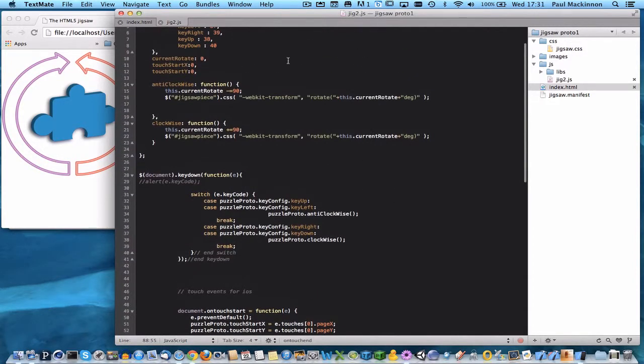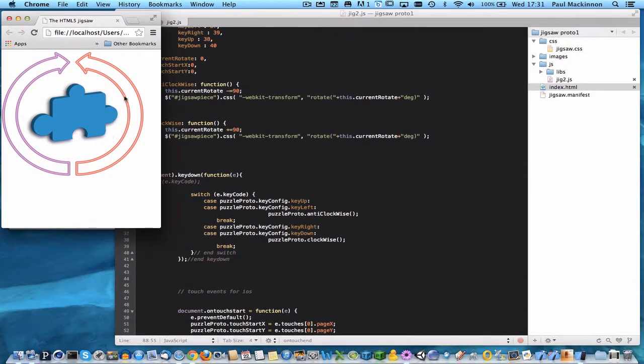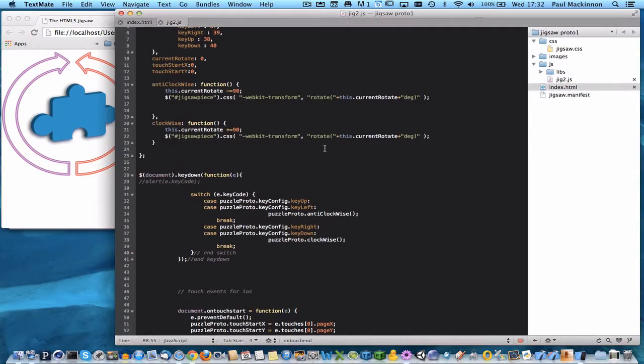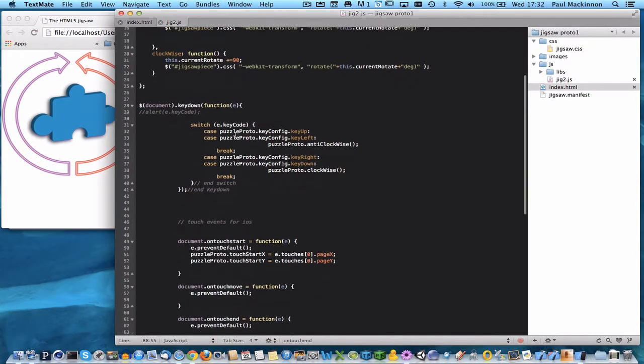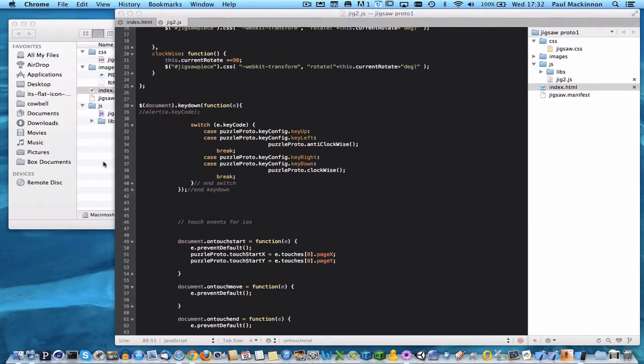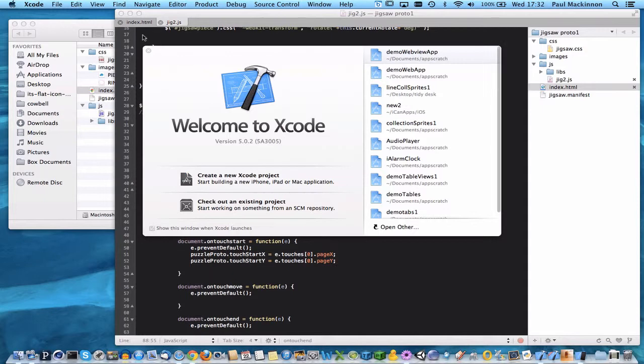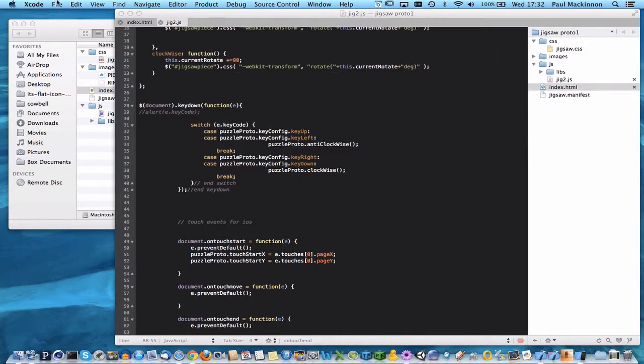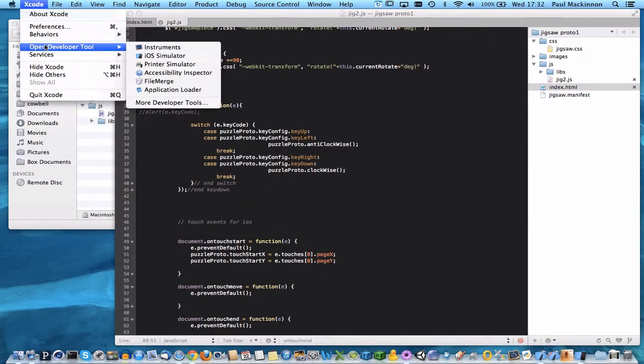So in that respect, I can't test those on the desktop. So how, if that was the route you were going to go down, was use JavaScript, how would you test it? Well, one option you can have is use Xcode, and from Xcode, open developer tool, iOS simulator,